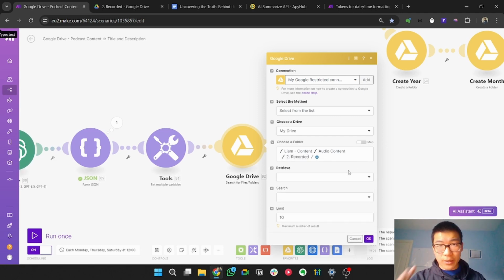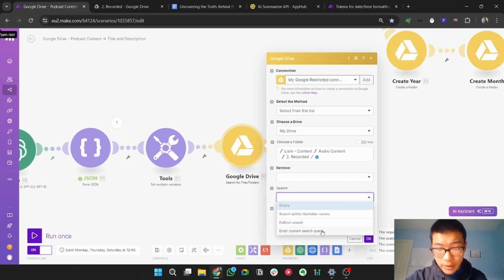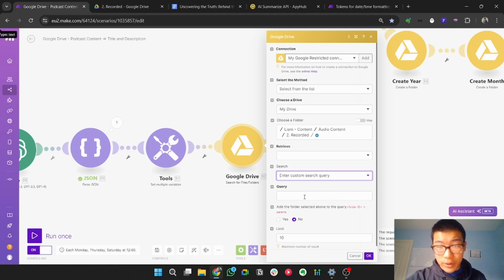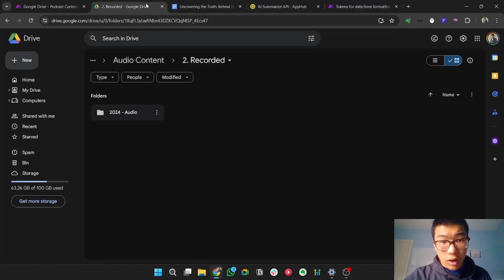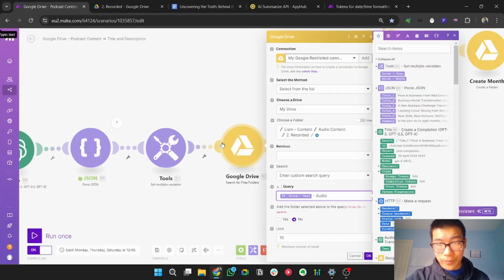So now you've searched inside the folder. And you're going to enter a custom search query, and you're going to see if the year, because you want to keep this universal, the 2024 year audio actually exists. Oh, lovely.